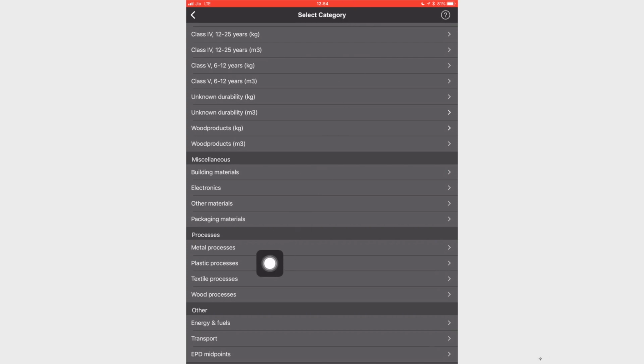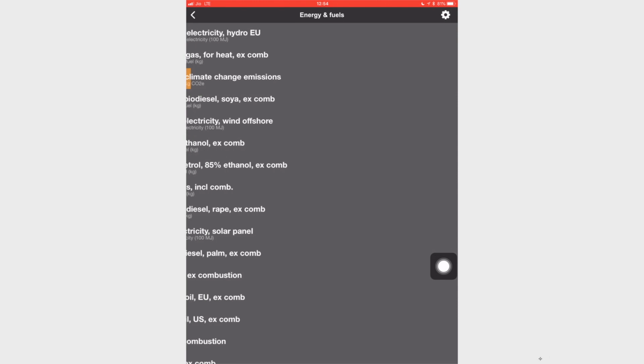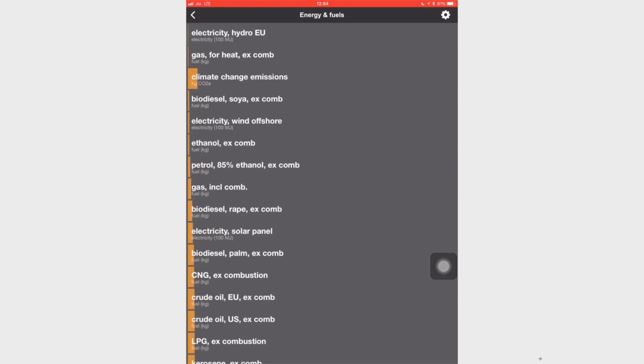Similarly, if we go into the energy and fuels, energy and fuels is very important to consider. You have to remember that this is not a very exhaustive list and it's not geographically contextualized. It's more from the European Union context because TU Delft is located in Netherlands.